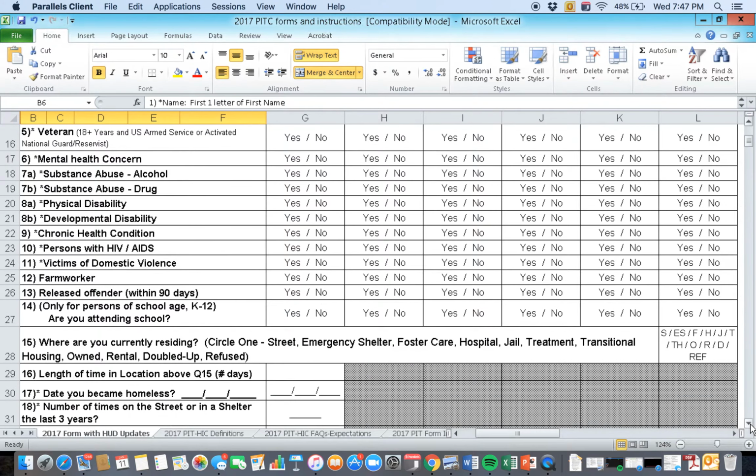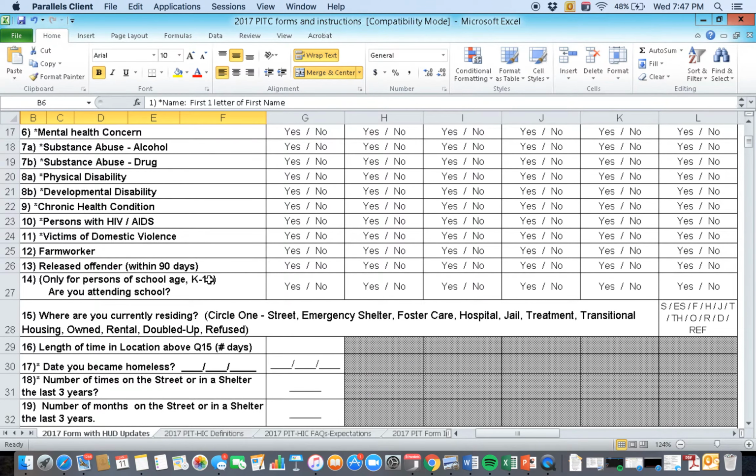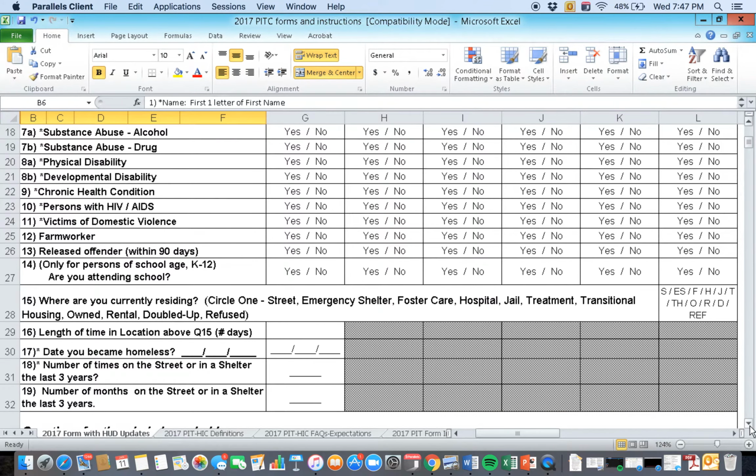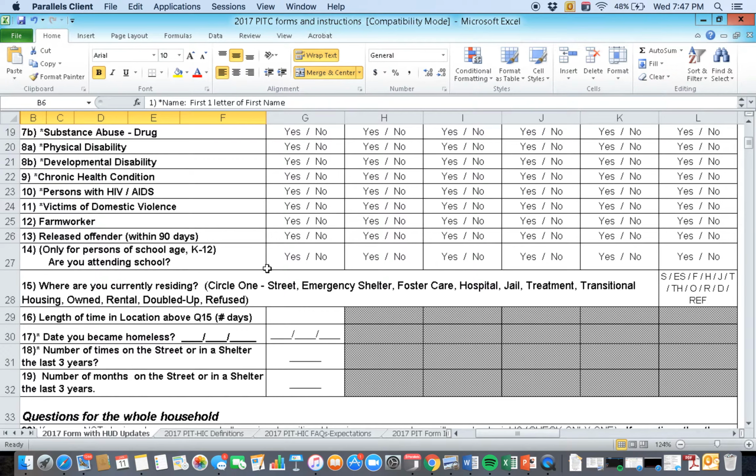If you go down to question 13, it asks if they were a released offender within the last 90 days, yes or no. And then question 14 is especially significant because this year is HUD's baseline year for youth living in homelessness. So it's really important that we have more information on youth who are homeless. So question 14 asks only for persons of school age, so K through 12, are you attending school, either yes